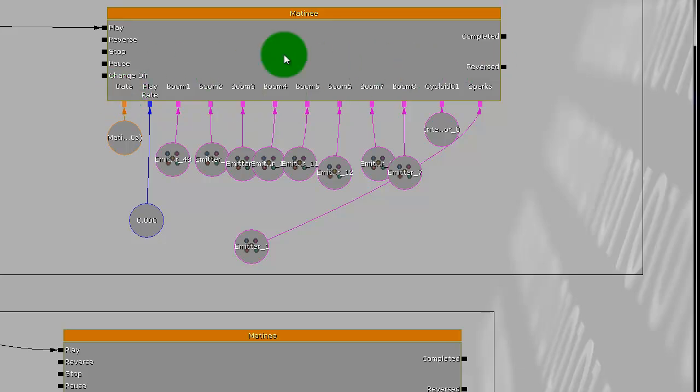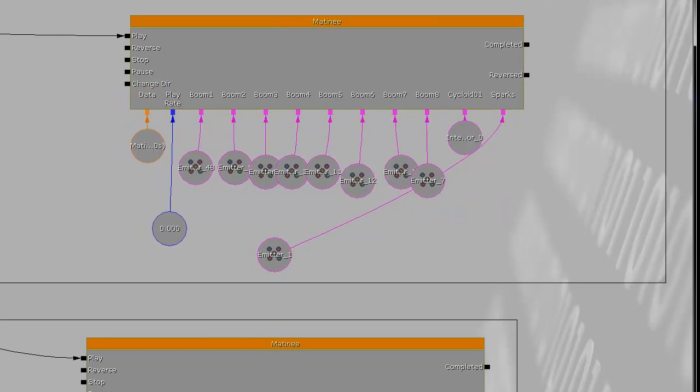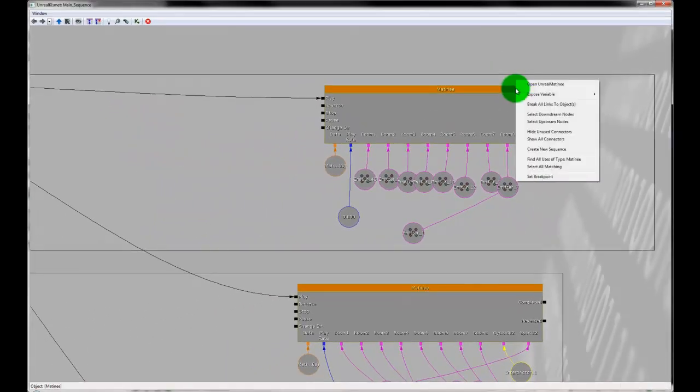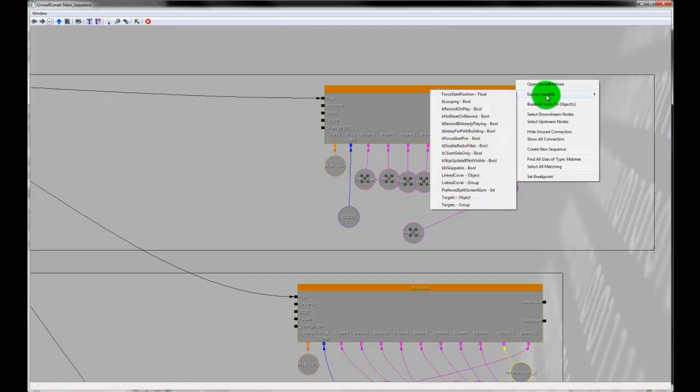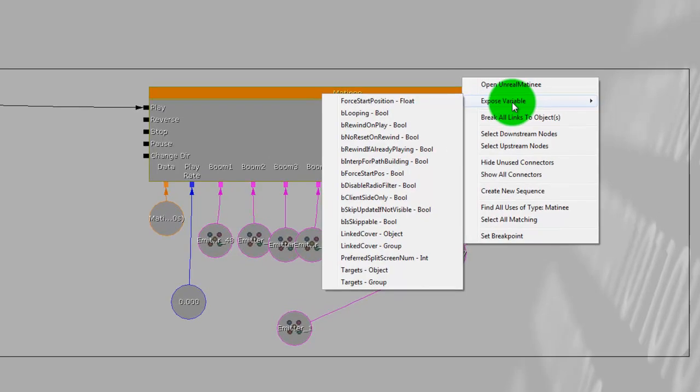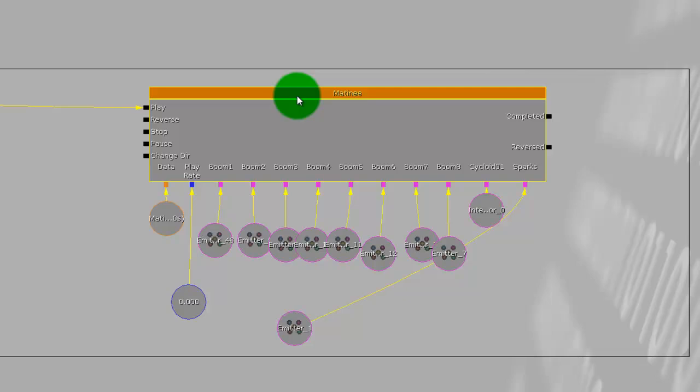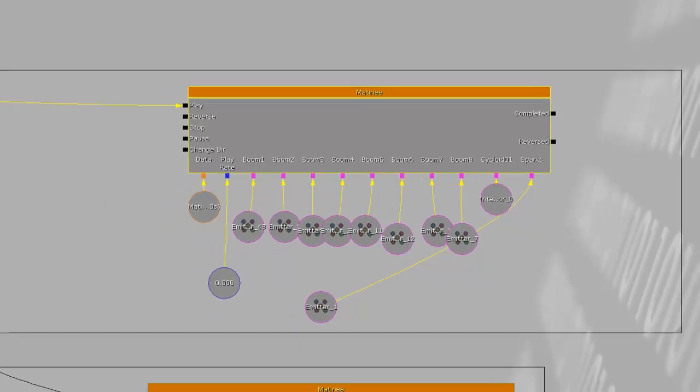Now, you're not going to see this on your Matinee. You'll want to go ahead and right-click the Matinee and go to Expose Variable. And then from there, you will find in this list play rate. Mine's already exposed, so it's not there, but you'll see in here play rate. Now, this list of variables is the exact same list of variables that you will find